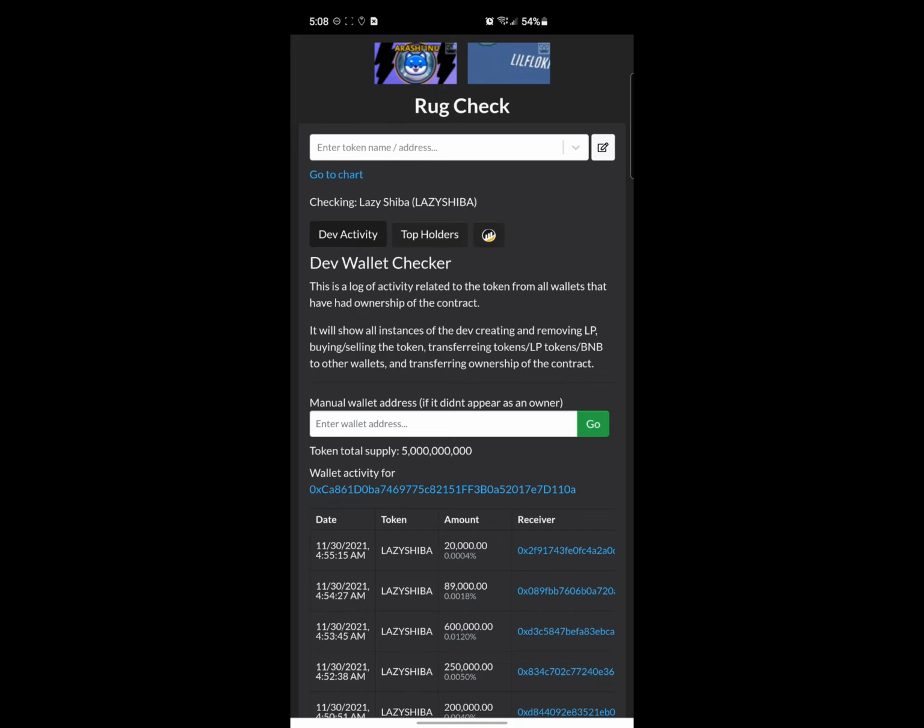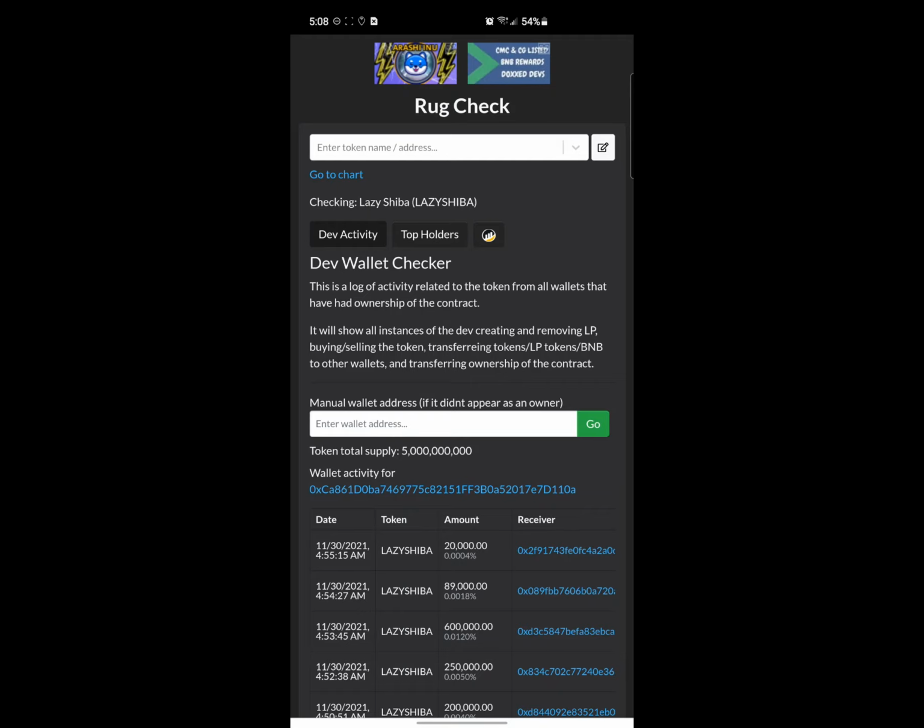So say person A owns the token now. They can say, oh, I want to go and do another project. I'm going to transfer ownership of this project to person B. So now person B has the ownership of the contract, and that person can also send that ownership over to person C. So the person you see as the owner of the contract today might not be the owner of the contract